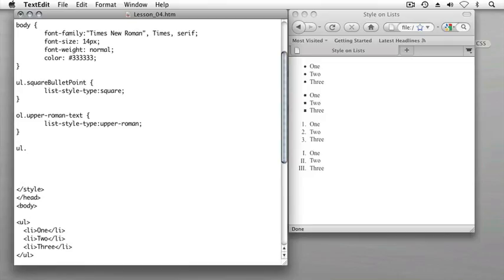Type the period key because we're defining a class, and then type the name arrow bullet points, and then an open curly bracket and a closing curly bracket. Again, this class name can be anything, which I'm highlighting in blue, but it's always a good idea to pick a class name that represents the effect that you're applying with that class. I'll then position my mouse within the curly brackets, hit the tab key once, and instead of list-style-type, I'll type the property list-style-image,